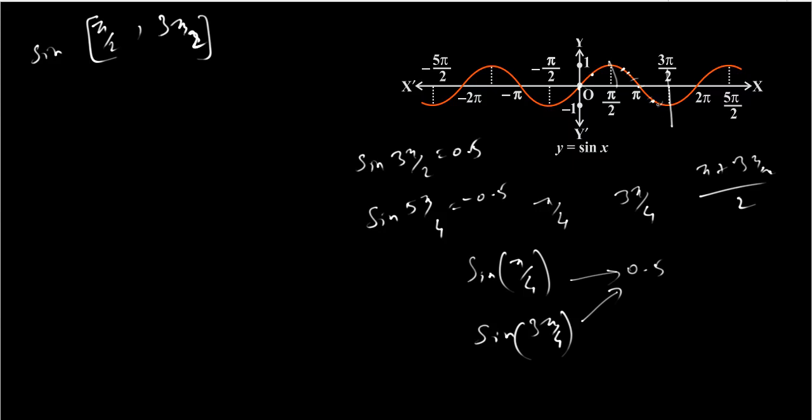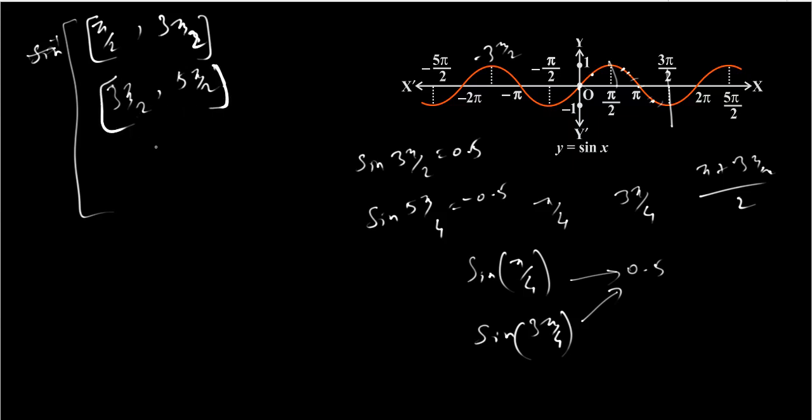Likewise for each region, from 3 pi by 2 to 5 pi by 2, and it goes on increasing. On the negative side also, from plus pi by 2 to minus pi by 2, minus pi by 2 to minus 3 pi by 2, and from minus 3 pi by 2 to minus 5 pi by 2, it goes on in the negative side of the real numbers. In those ranges the sine inverse function exists: pi by 2 to 3 pi by 2, 3 pi by 2 to 5 pi by 2,